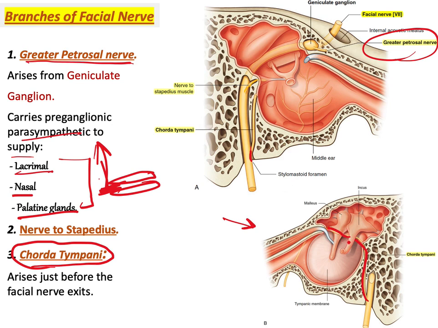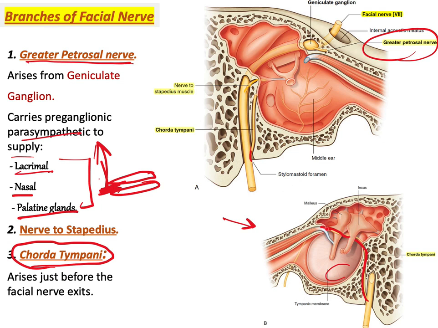That's why, if there is a need to rupture the tympanic membrane, it is preferred to make the incision in the inferior posterior area. Why? Because it's away from the chorda tympani. The chorda tympani passes there, then it leaves